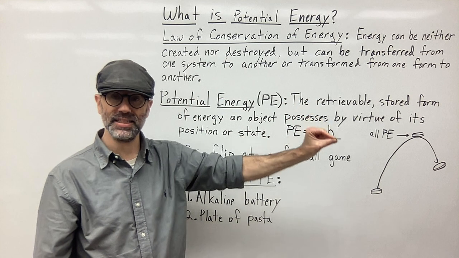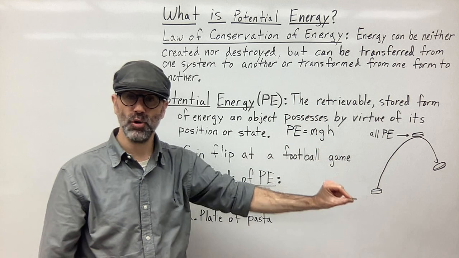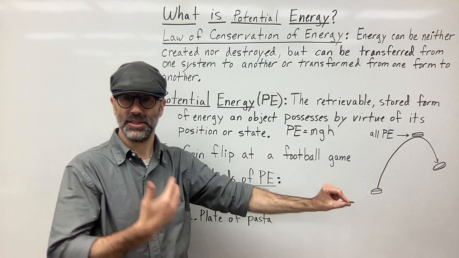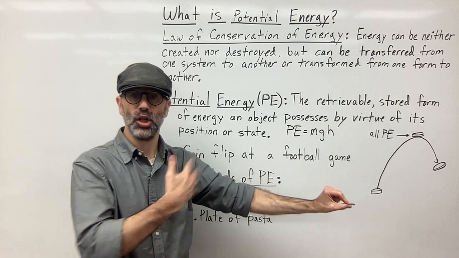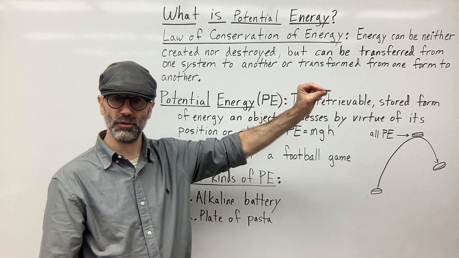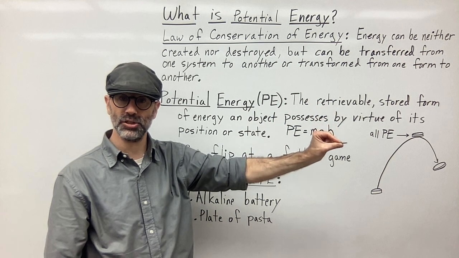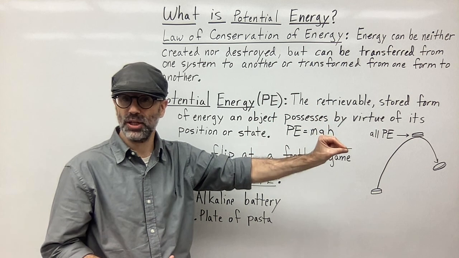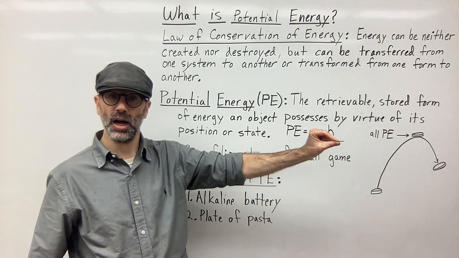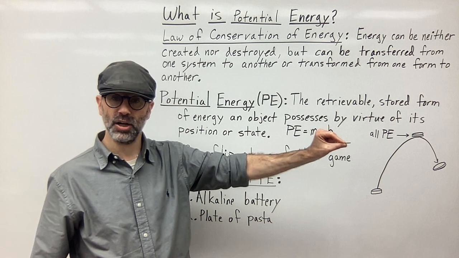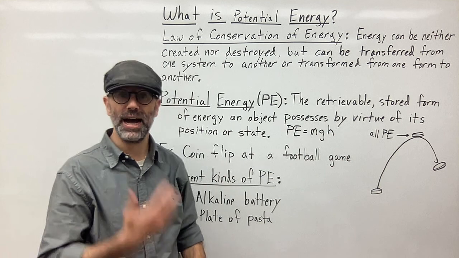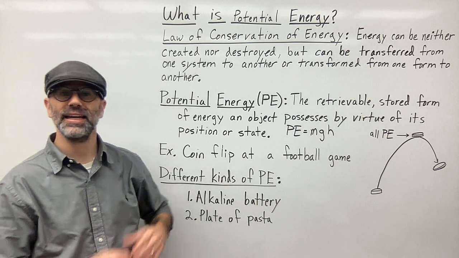So as it moves towards the ground, that potential energy is now being lost, right? So high potential energy, and as it travels closer to the ground, lower potential energy. Well, where is that potential energy going? It's going into the speed of the coin. So as it gets closer to the ground, it's going to move faster and faster until it hits the